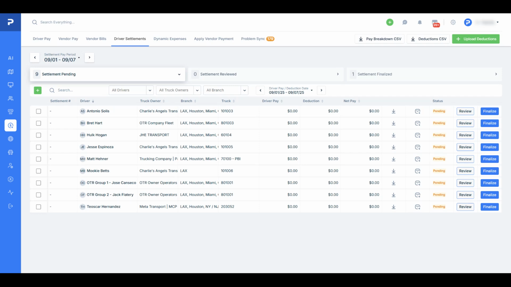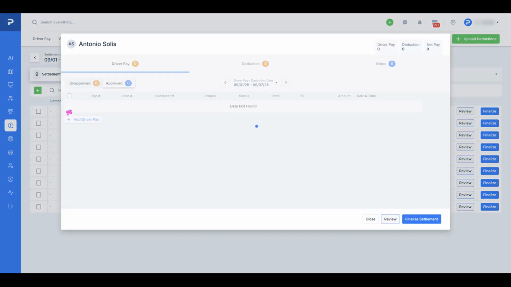to the driver. And once you click on finalize, the driver will receive a notification in their app, letting them know they have a settlement ready to review. And if you do have your accounting software, as in QuickBooks, connected to the account, this would be the trigger for the system to sync it over to your QuickBooks account as well. So to go into how to process a driver settlement,